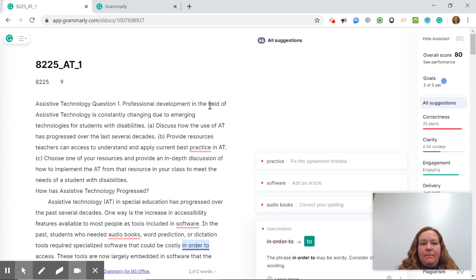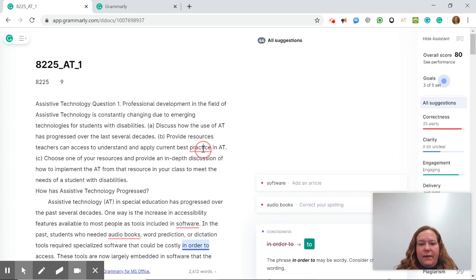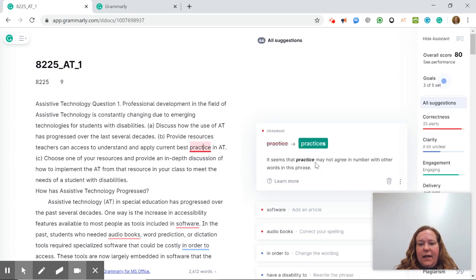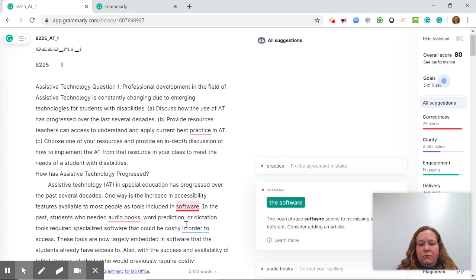So in Chrome, I uploaded one of my final papers for my master's degree, and it was just about assistive technology. Because I wanted to show you, I actually used Grammarly to help me edit the two papers that I had to write. What's really great is if you click on it, you'll see that it explains what the issue is. And so, as you go through,